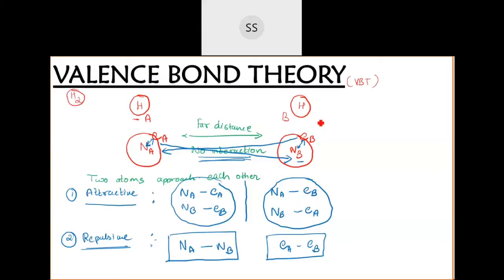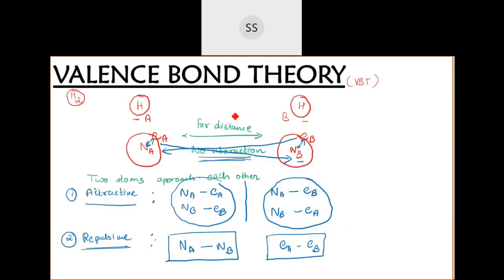When you take the example of the hydrogen molecule, there are two hydrogen atoms. Imagine here one hydrogen atom and then another hydrogen atom. Initially, imagine that they have not approached each other. These hydrogen atoms are at a far distance from each other, where the distance r is infinity.